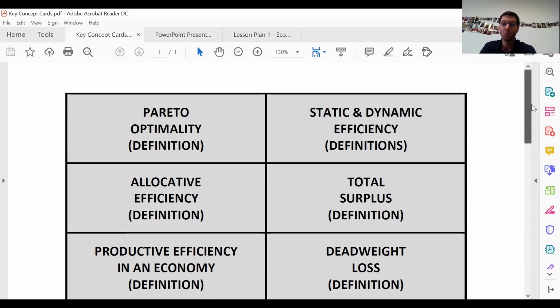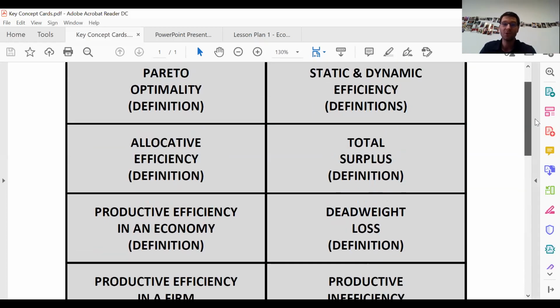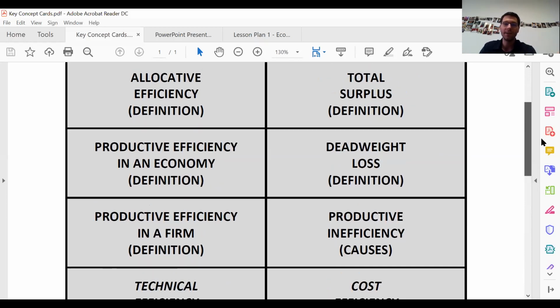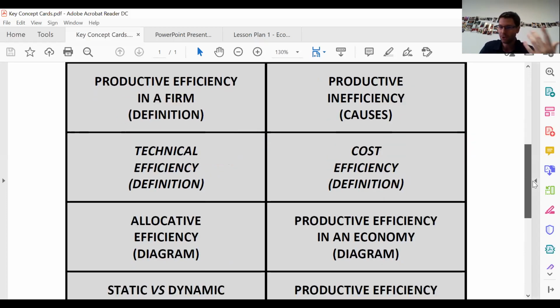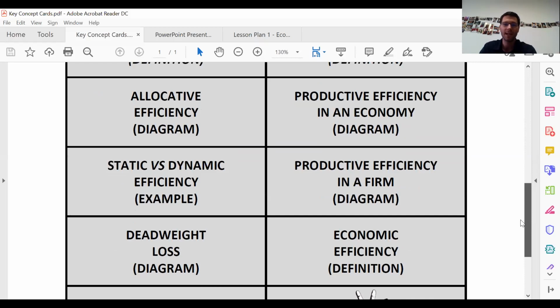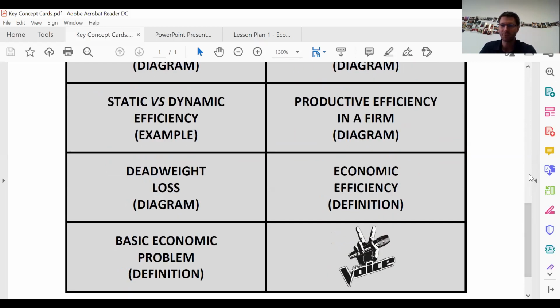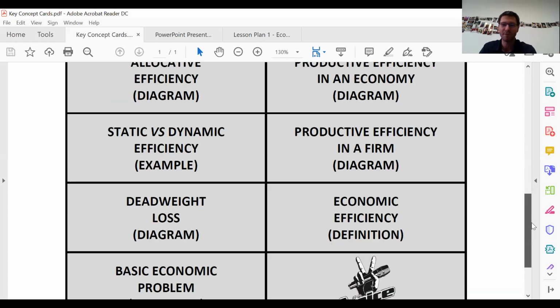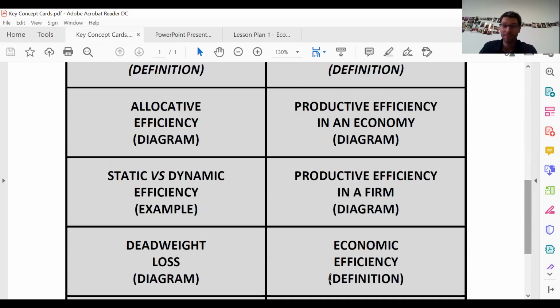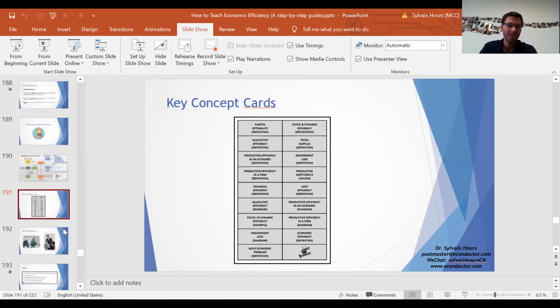So this key concept cards cover pretty much everything. It's a good way to review with your students and to make sure that they are engaged in your lesson, that they feel comfortable talking in front of the class, and even feel, I don't know if they will ever feel comfortable singing in front of the class, but could be fun. So that's also something that you can do with your students, these key concept cards. Then,